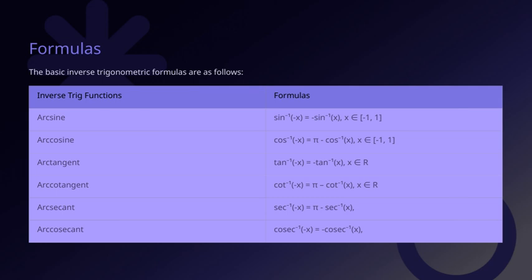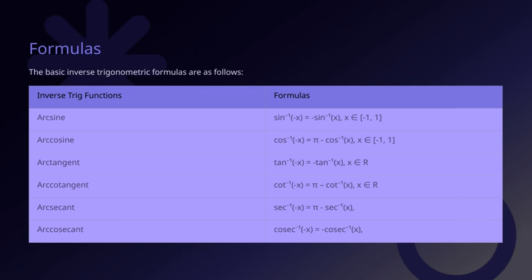When we look at arctangent, arctan of negative x equals negative arctan of x, which again highlights its odd function property, and this holds for all real numbers. For arccotangent, arccot of negative x equals pi minus arccot of x, showing a similar symmetry but in a different context. Moving on to secant and cosecant, arcsec of negative x equals pi minus arcsec of x, and arccsc of negative x equals negative arccsc of x. These formulas are key because they allow us to evaluate inverse trig functions for negative inputs